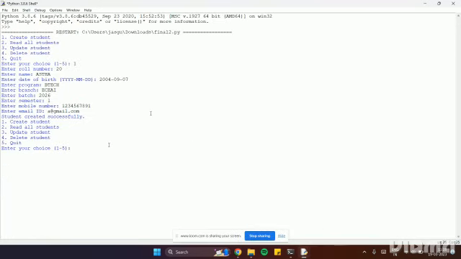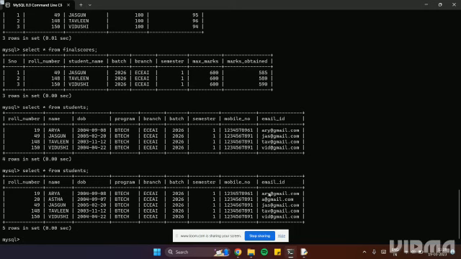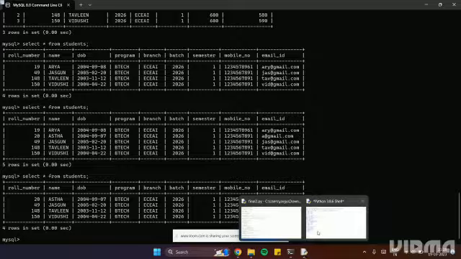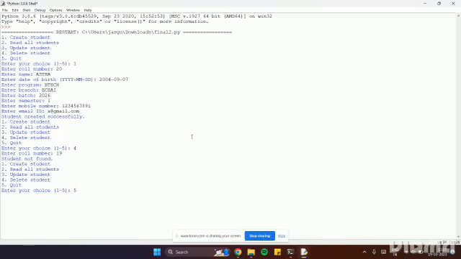Other functions too can be performed. Like if we are to drop a student record, that is delete, we'll just enter choice 4, then enter roll number 19, and student not found is showing up. Now, if we select, we'll see that here too, instead of 5 records which were present earlier, now only 4 records are available. Next, we'll exit this part of the code and move on to our next test case,